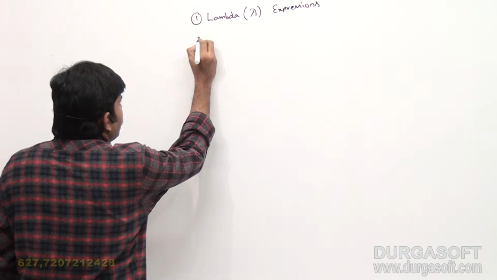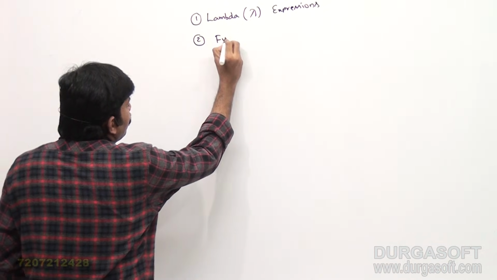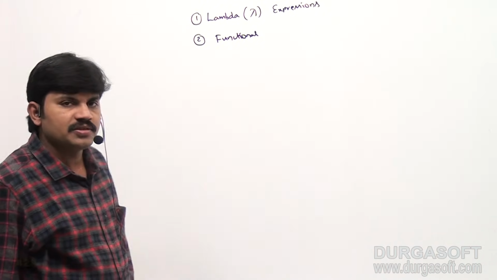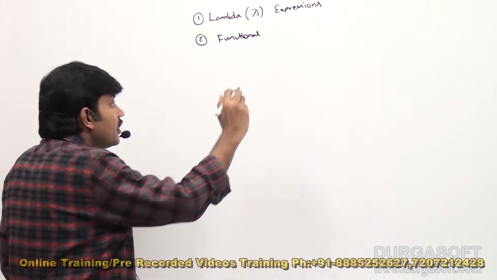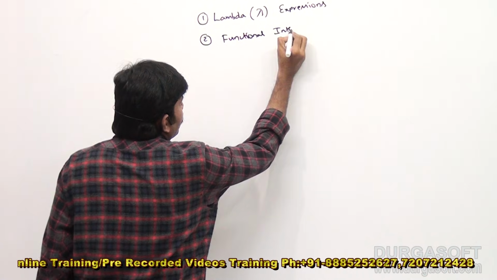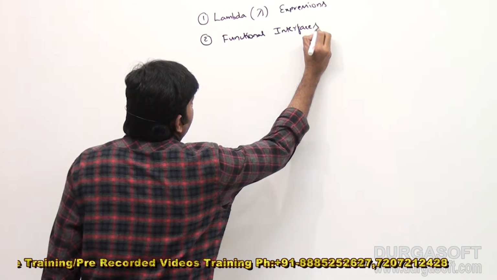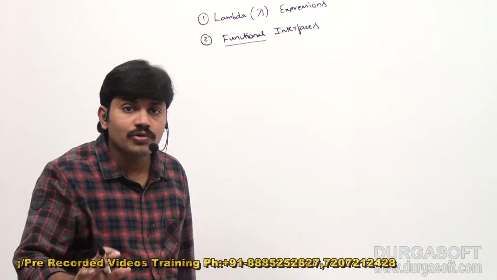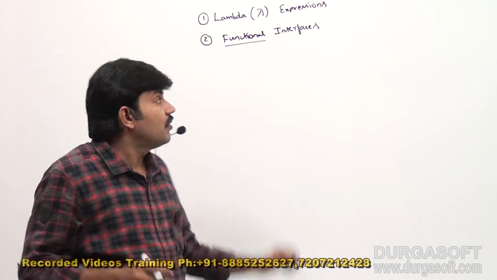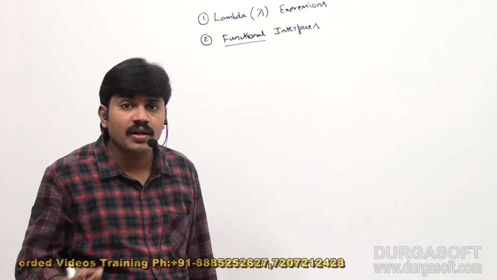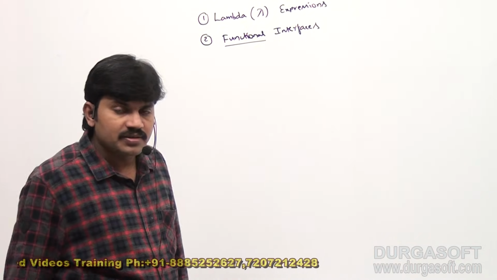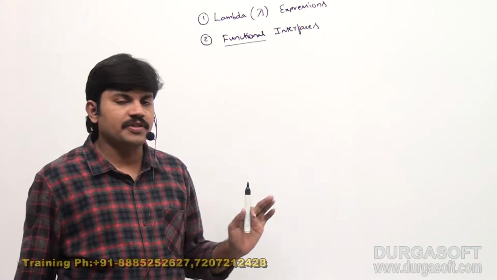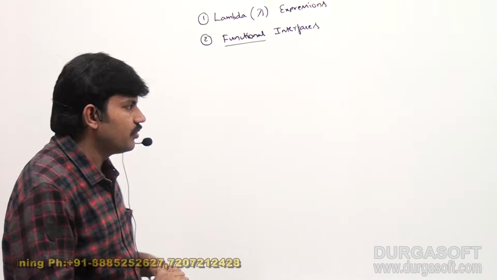After that, a new type of interface came. Of course, these existed in older versions, but the word may be new: functional interfaces. These are used to call Lambda expressions. If I want to call a Lambda expression, some type is required, and that type is nothing but a functional interface. Anyway, don't worry about that, just be aware of the words.